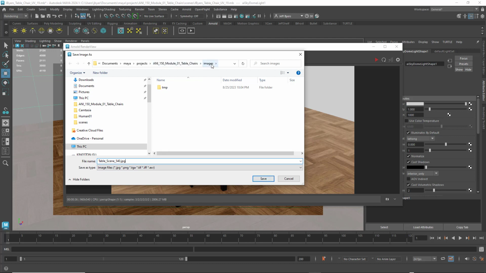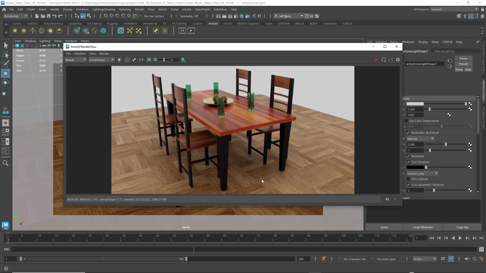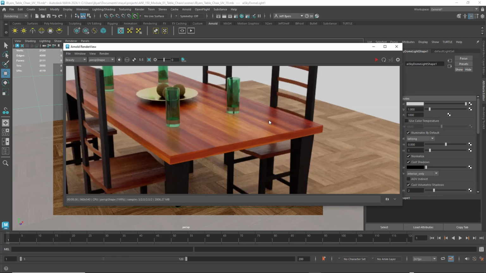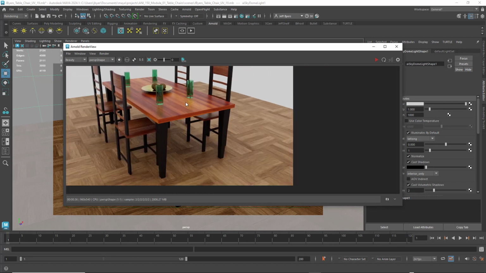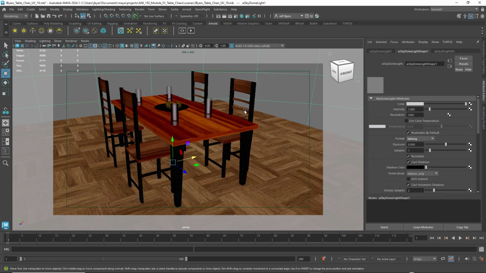This is going to save in the images folder of my project. Okay, I think we're good. Save image options. Okay, I think we're good there. All right, so I'm going to close that. I'm going to zoom in a little bit to see the glass. That looks pretty good, actually. Looks really good. All right, so with that done,